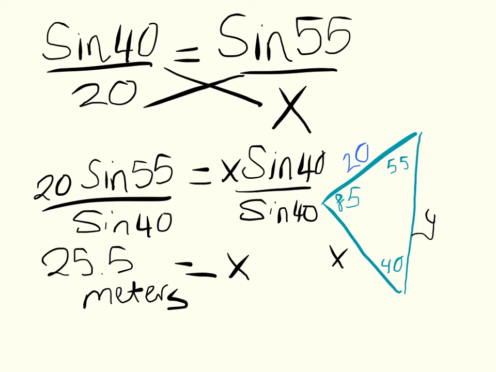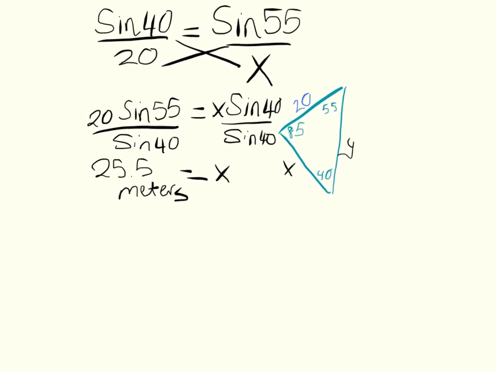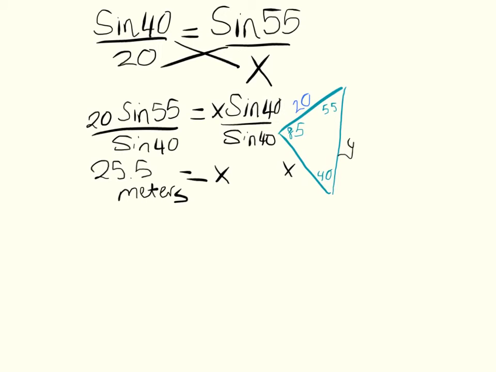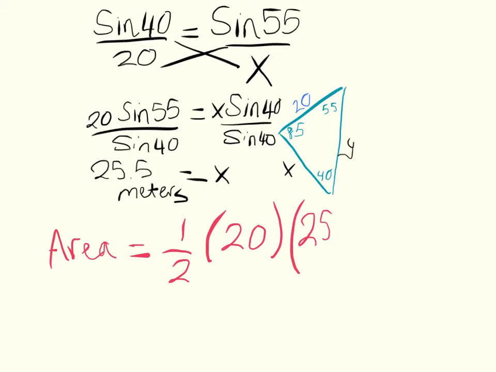So now I can actually figure out the area, because the question will ask me about the area, so I'm definitely not done. So I can say that the area equals half of 20 times 25.5 sine, and I have to be very careful on which angle I use. I use this side and I use this side, so the angle in between them is 85. It's definitely the angle in between those two sides that I'm using. So sine 85